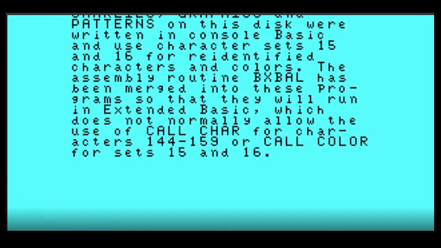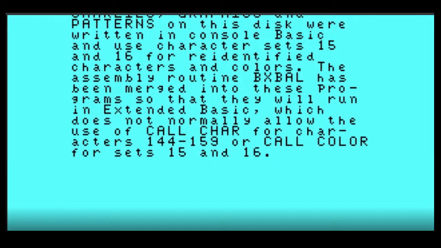That's because Extended Basic has the sprite definition table in that section of memory. And that's why sometimes you might not be able to run a Basic program in Extended Basic.